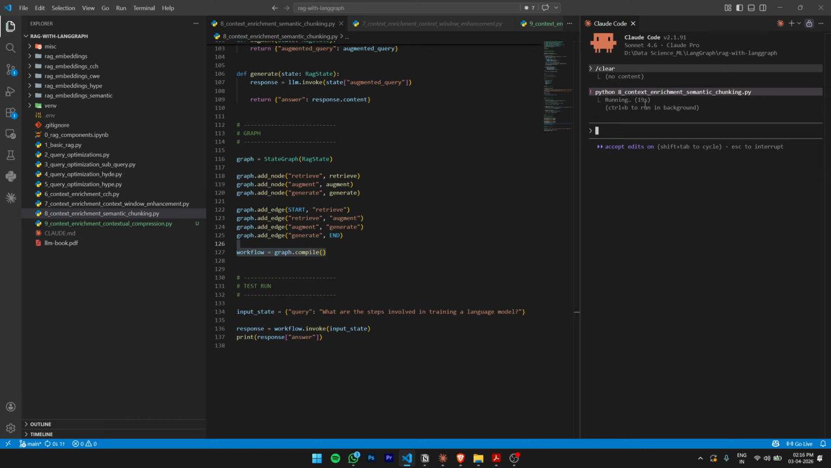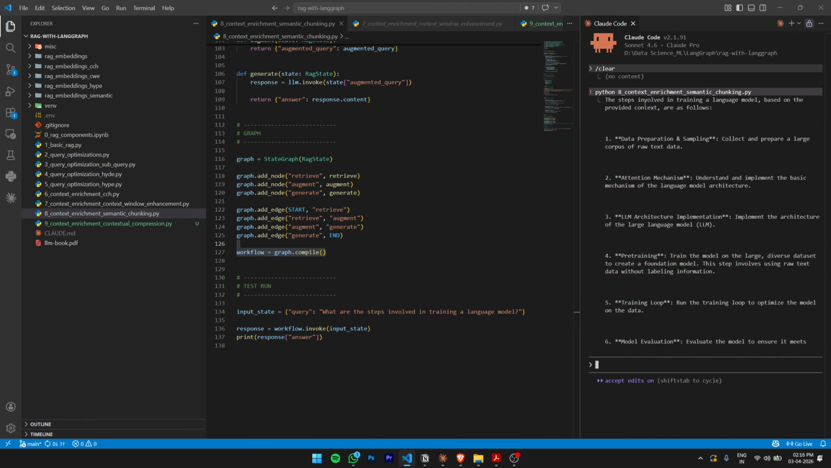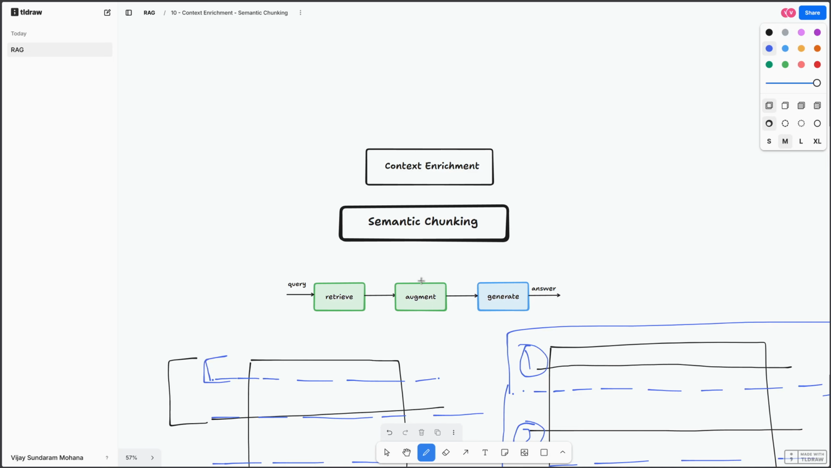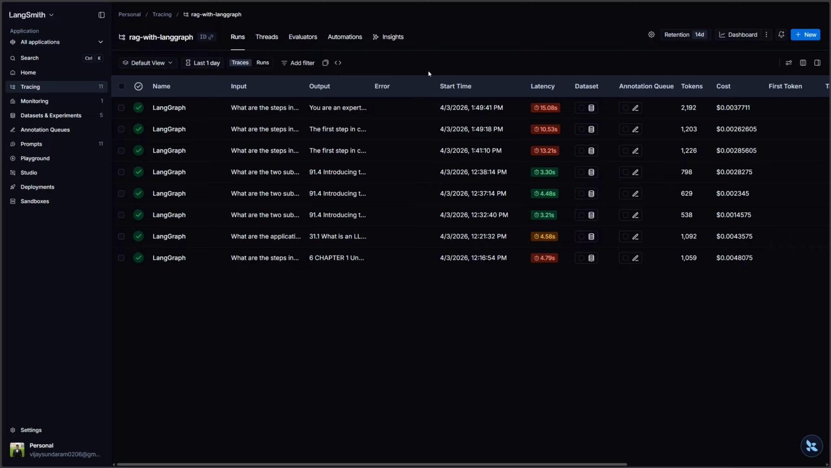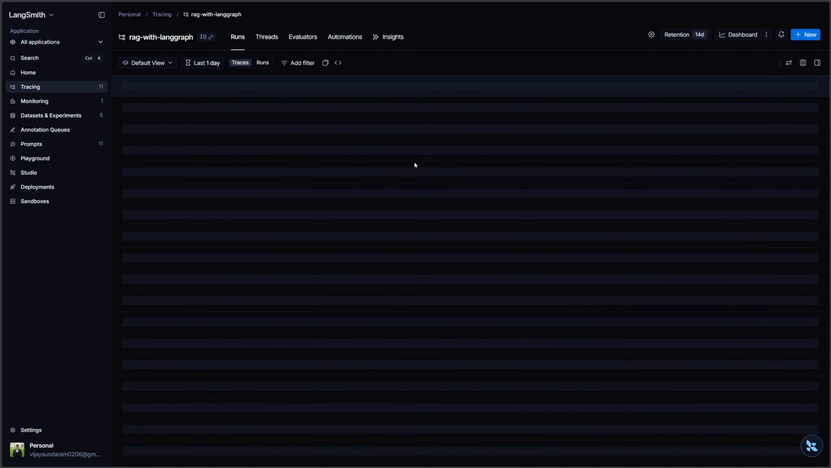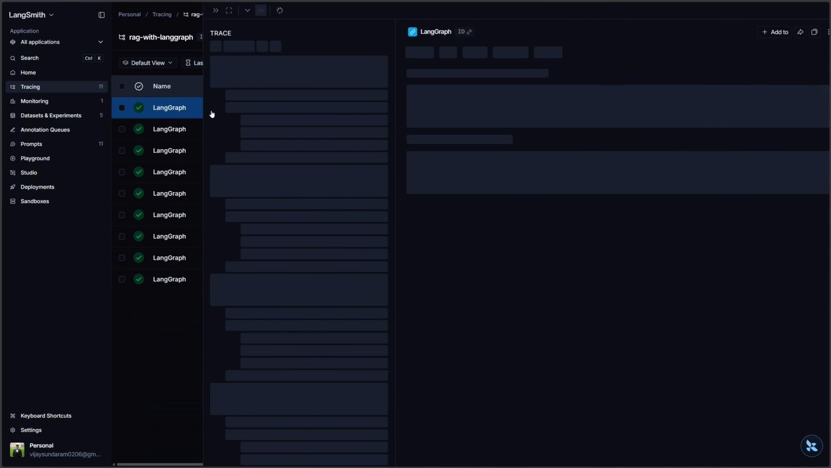We'll give it some time. Yeah, there you go. So the steps involved in training a language model based on the provided context are as follows. We have got some steps. I think the answer is fine, but what we are mainly focused on is to see the working of the underlying semantic chunking, right? So let's go into LangSmith. Maybe I'll refresh this. Yeah, so we have our